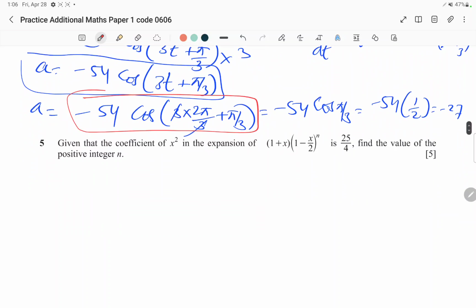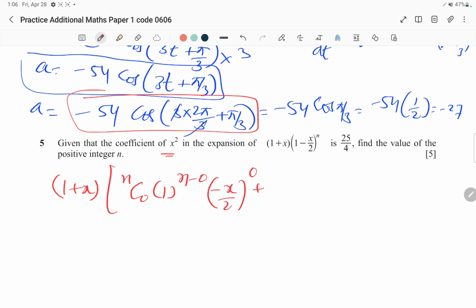Now come to the next question, which says given that the coefficient of x squared in the expansion of this is 25 over 4, find the value of positive integer n. So coefficient of x squared, 1 plus x you will keep as it is. Now 1 minus x over 2 to the power n, you can write nC0, 1 to the power n minus 0, and minus x over 2 to the power 0. Now you can write nC1, 1 to the power n minus 1, and minus x over 2 to the power 1, and then you can write nC2, 1 to the power n minus 2, and minus x over 2 to the power 2,